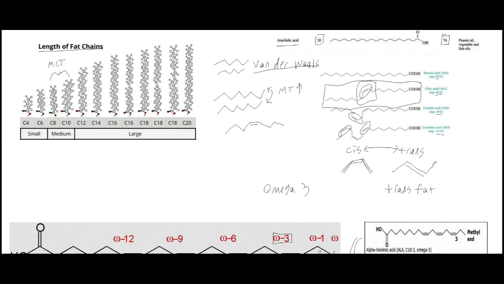And so that's why trans fats are considered bad, is because we can't metabolize these. And so we end up just storing it as fat. And so yeah,